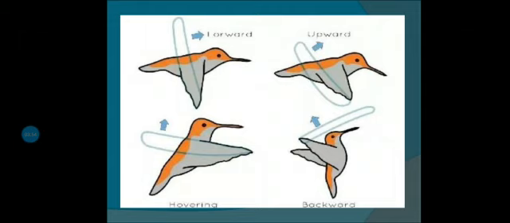This picture describes the movement of wings when they flap their wings upwards, downwards, backwards. Yes, so these movements of their wings help them to fly in the air. With the help of their wings, they can fly in the air. It helps them to move forward, backward, upward or hovering.